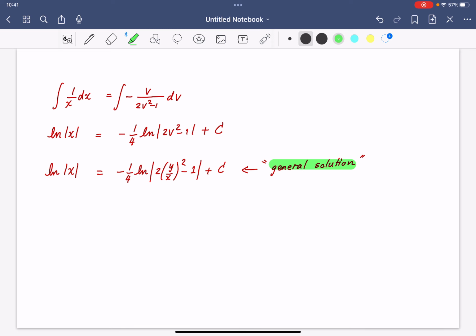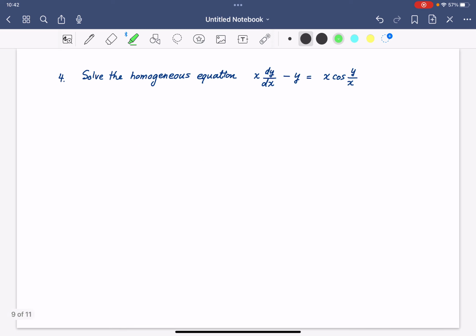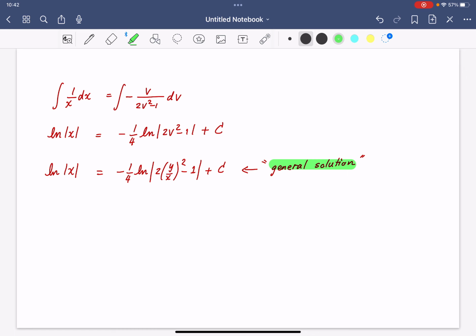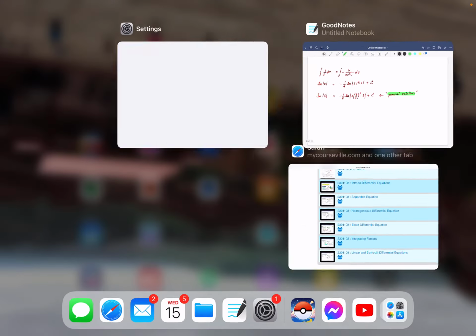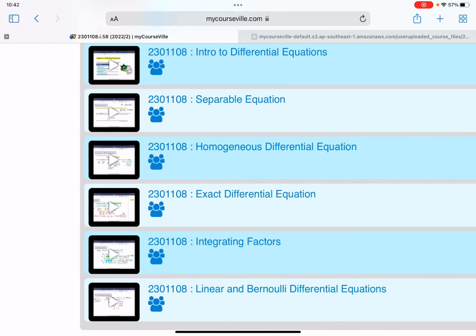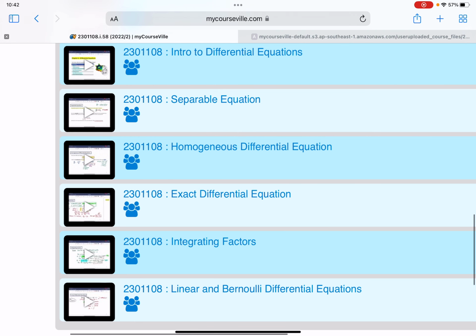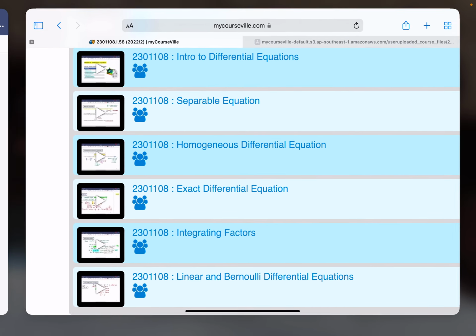Okay, so this is called a homogeneous differential equation. What you should do after here is go to clip number 3, homogeneous differential equation, and when you watch the clip, there are gonna be more examples on this one. You can see that one example in the clip is gonna take 2 or 3 pages, so it's gonna be a long one. But basically the idea is